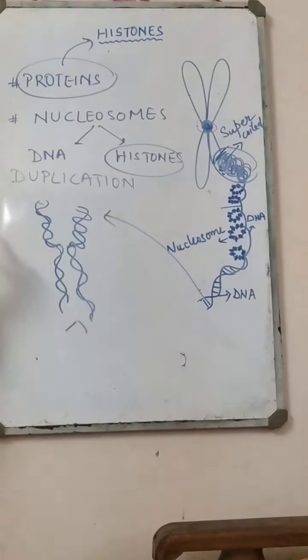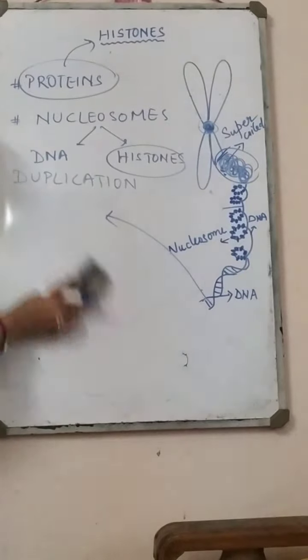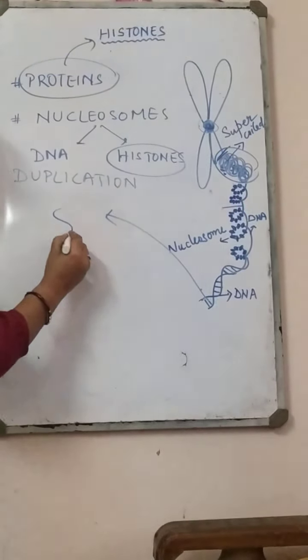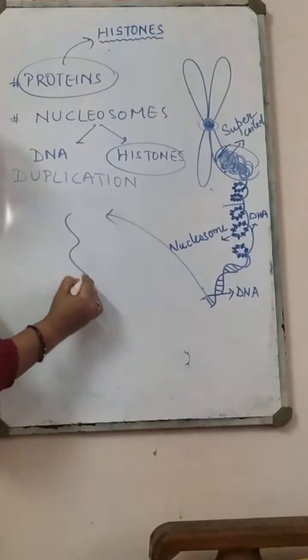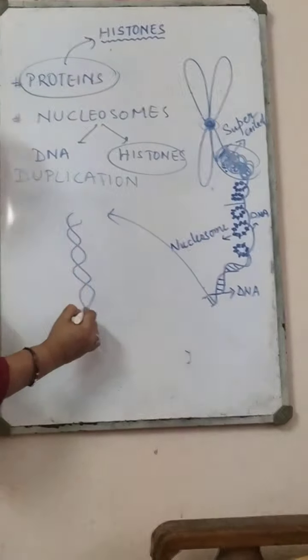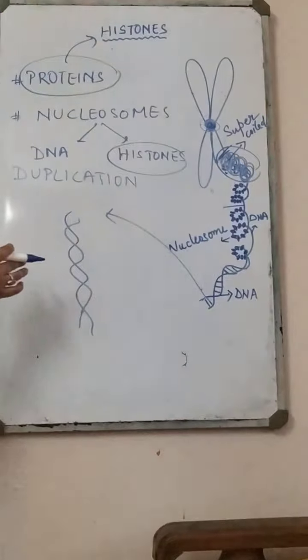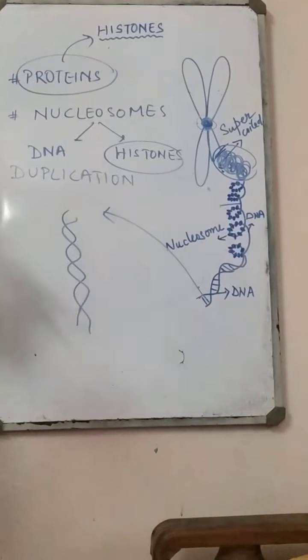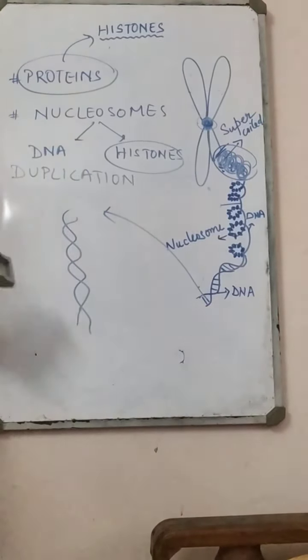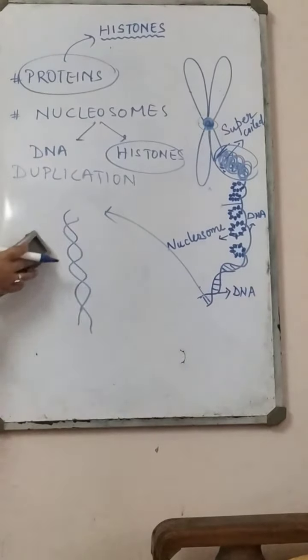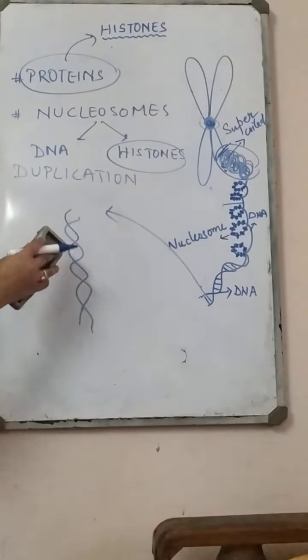Okay, so how does this DNA get duplicated? Once again I will draw the structure here. Everybody see here. First of all, DNA is double stranded, so we'll make a double stranded structure. When the cell is ready to divide, the chromosomes will divide, or let's say DNA will duplicate. How does the DNA duplicate? This is one DNA, right? So DNA will divide, duplicate.